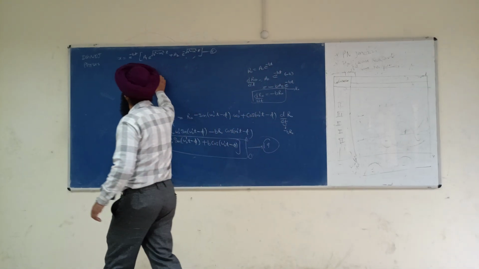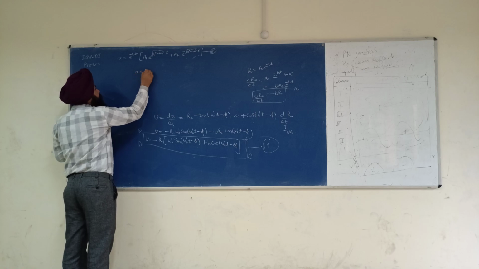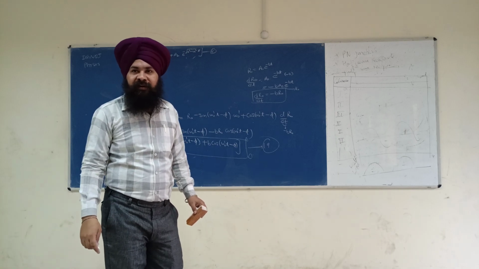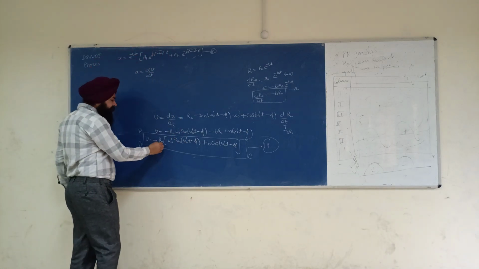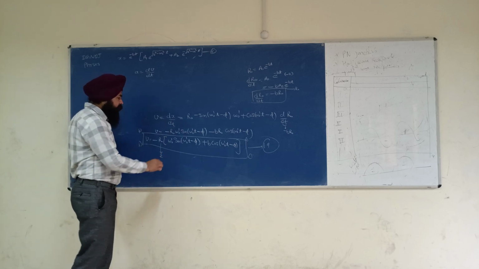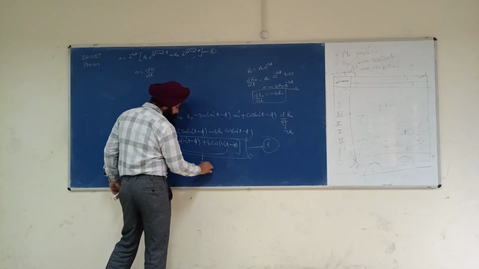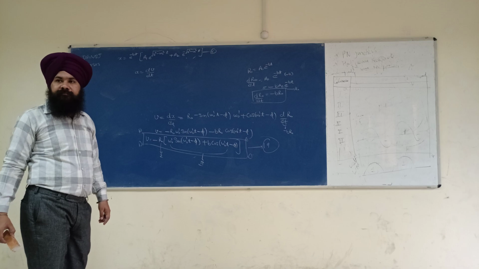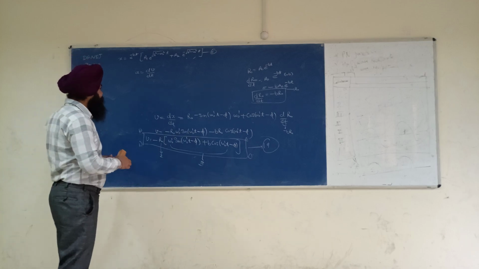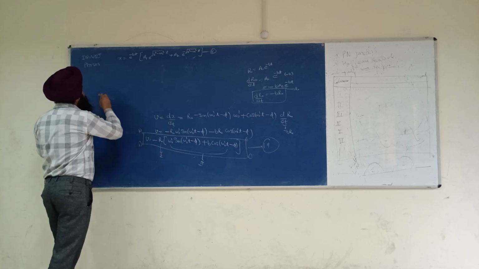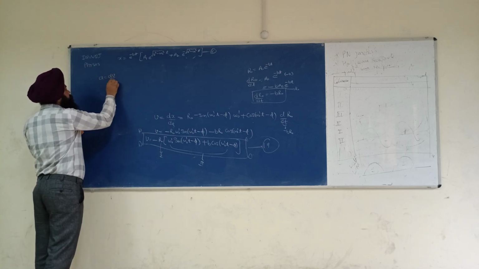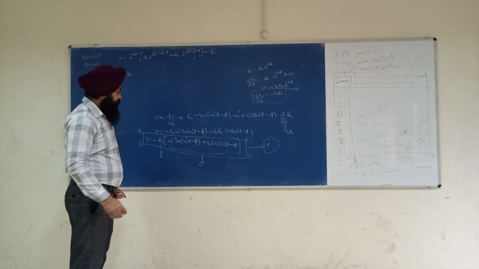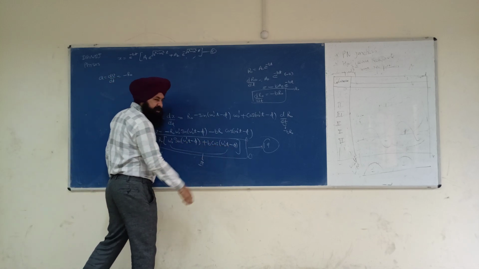Now let us calculate acceleration. Acceleration is equal to dv upon dt. See, now this will become the first function and this whole will become the second function. Take the derivative: minus r naught as the first function, and the derivative of the second. Do the derivative firstly of this term, then this term.